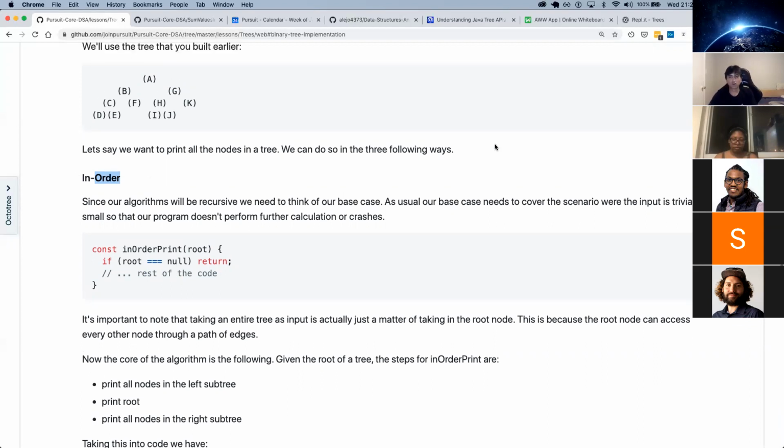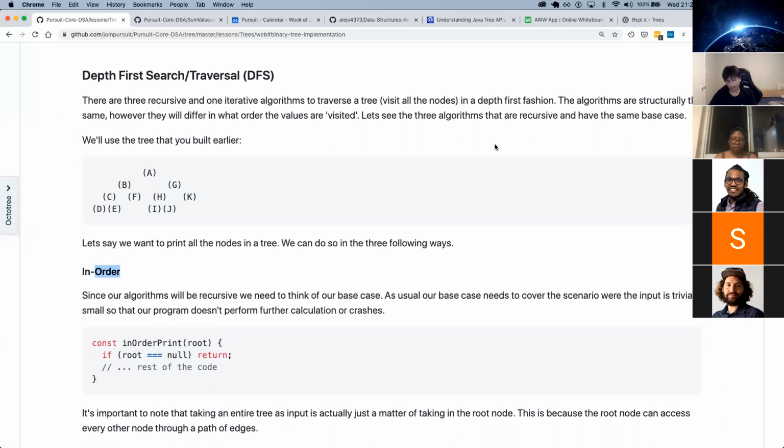I said we're going to implement this recursively, and just like in all recursive algorithms, we need a base case. The base case is usually a trivial small input. An example is if we don't get any root. This wouldn't really be considered an empty tree, it's just no root at all, thus return.